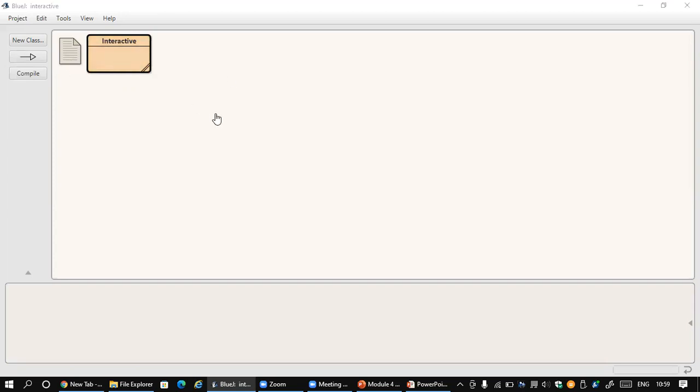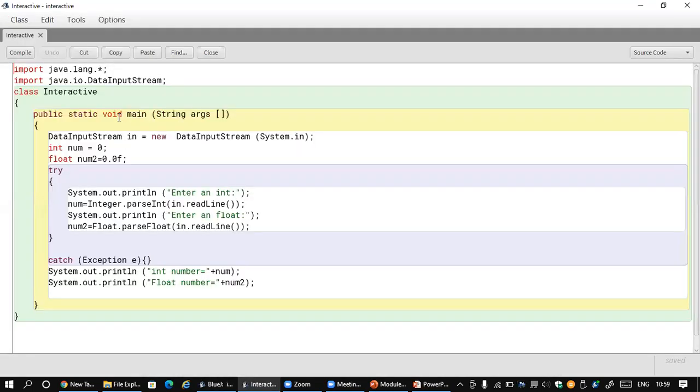So this interactive class will help us to get the details from the user. Now here you can see that it's my practice always to represent the packages I'm going to use. So I use the lang package, and all the classes in lang could possibly be used, so I use the asterisk over here. Then in the next import statement, I specify the DataInputStream class, which is defined in the IO package. That's what we have seen in the slide as well.